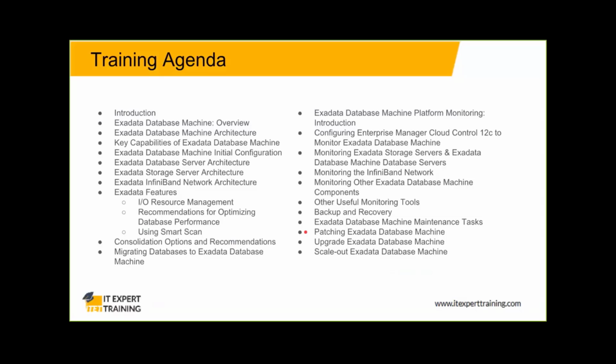and then some of the initial configuration stages we'll be discussing, and then we'll be discussing the architecture of the database server, and we also have something called the storage server along with Exadata. Storage was something that, as a traditional database person, we never dealt with. So in Exadata, we're going to deal with storage as well. Along with storage, we are also going to deal with network. So InfiniBand, we're going to discuss InfiniBand, and then we'll move into Exadata features, which are the most critical component